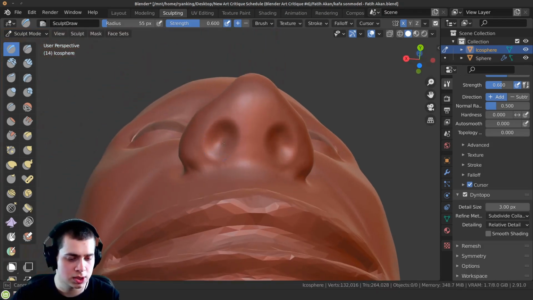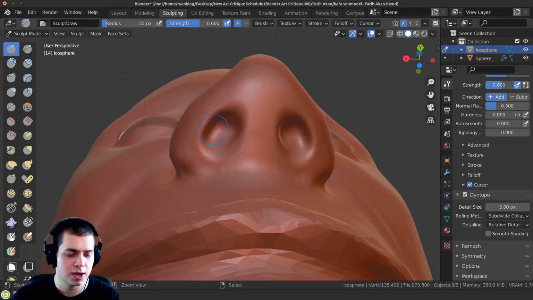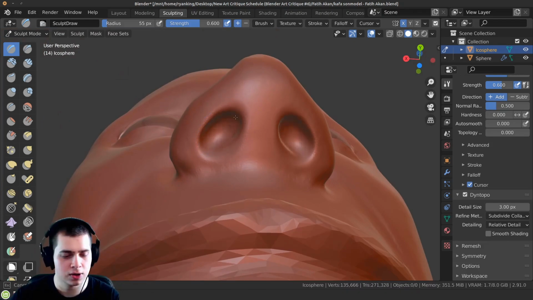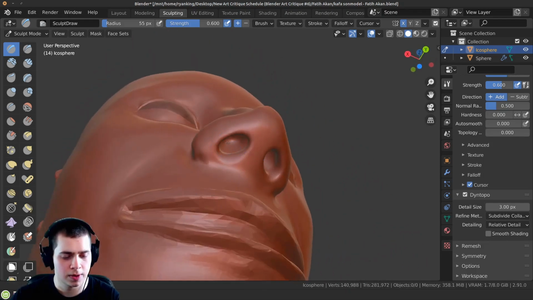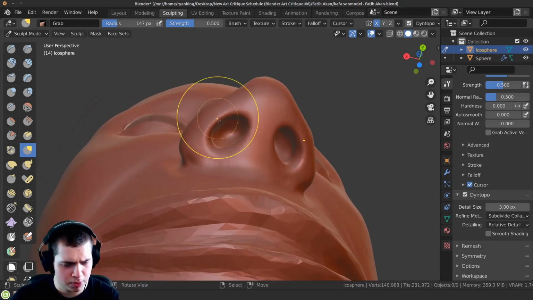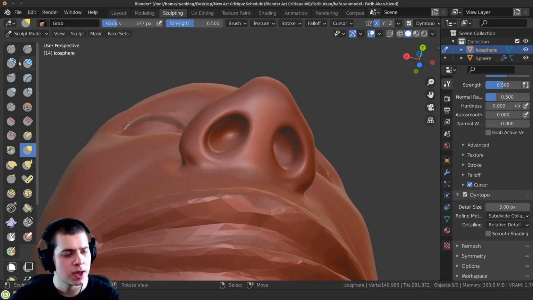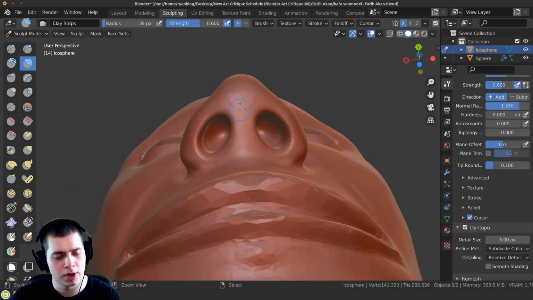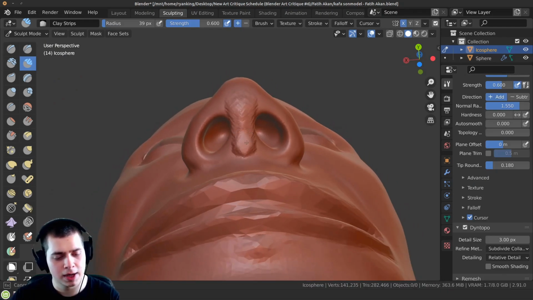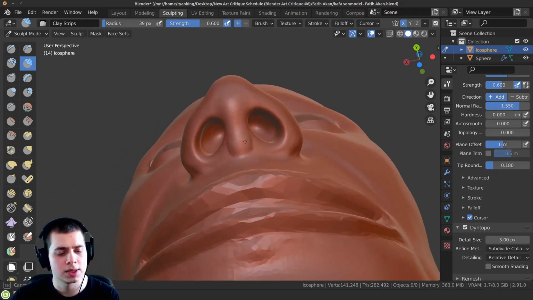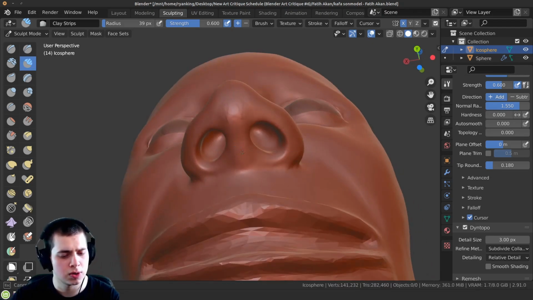And then you can just go around in circles here, and they kind of come in and then kind of come out, so they're kind of angled, and just go in like that. I find that's the best way to sculpt them. You could also use the grab brush, kind of pull them out a little bit, make those a little bit bigger. And then you could also go to the clay strips brush and kind of pop this out to make it come down a little bit, because I find that the nose does that.